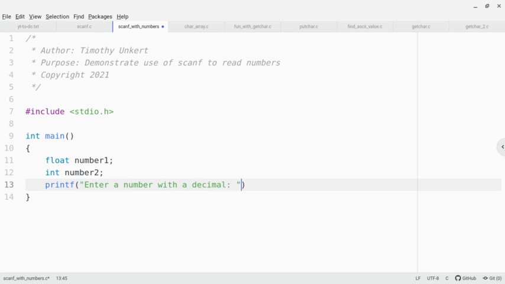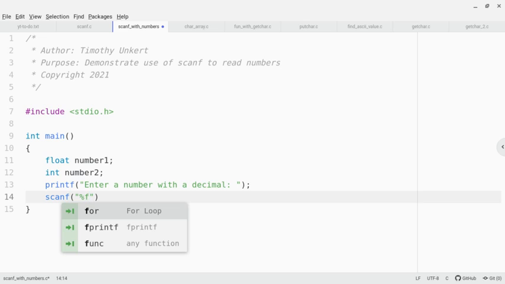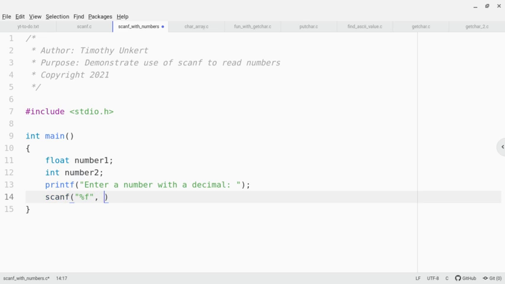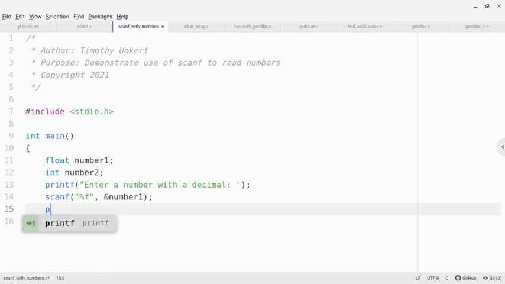Okay, and I'll put a colon there, and let's put a semicolon at the end of this line, and I'll scanf, and then we'll do %f for float, and then we have to include this character here (the ampersand) when we're not using a character array. I'll get more into that later on when we discuss pointers, but for right now, just know we have to keep this character. And so I'm going to write scanf into number1, and we'll put a semicolon there, and then I'll printf, and I'll say enter an integer,